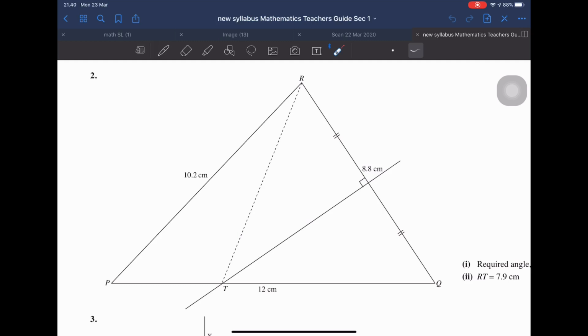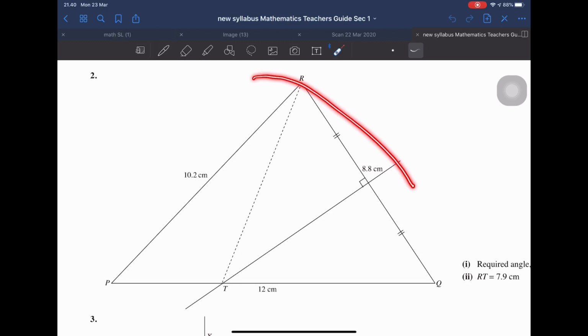Triangle with all given lengths. So first, draw the base, the longest one, name it P and Q. Once you do that, using a compass, make sure it's 10.2 cm. You're going to draw like that,